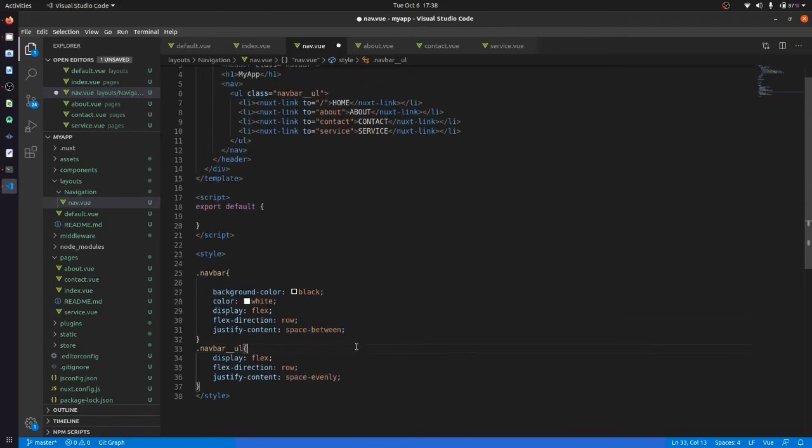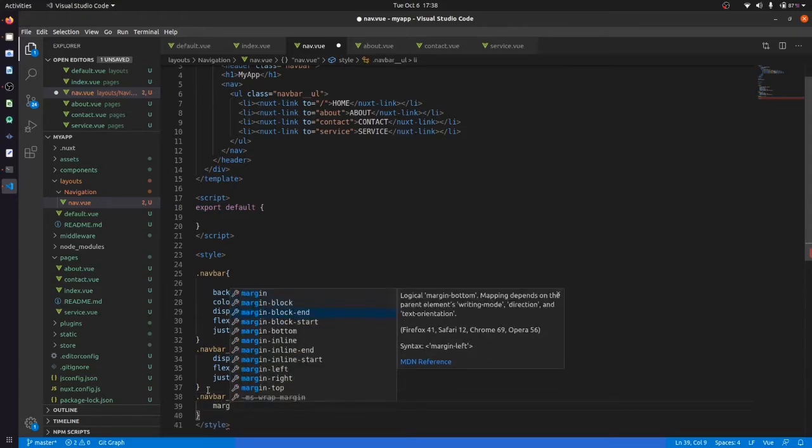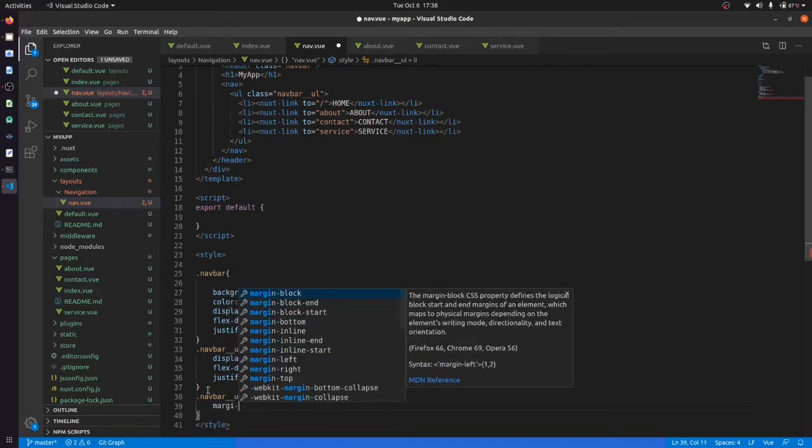So now what we can do, dot li, and we will give it a margin from right.